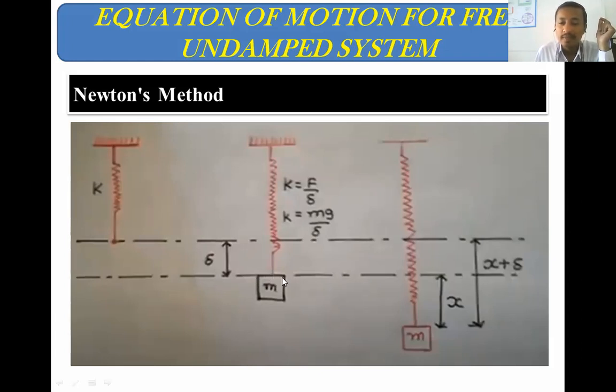So this is about when it is at the equilibrium condition, meaning we attach the mass and release it, so after some time it will come to equilibrium condition, meaning it stops, it stays there, and it always remains in that position.